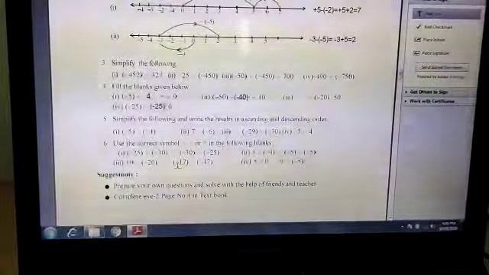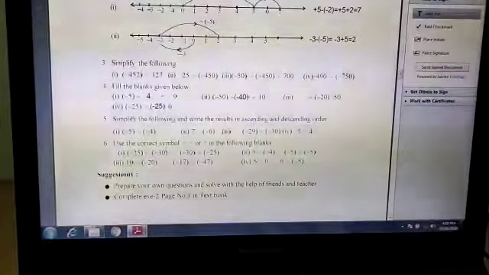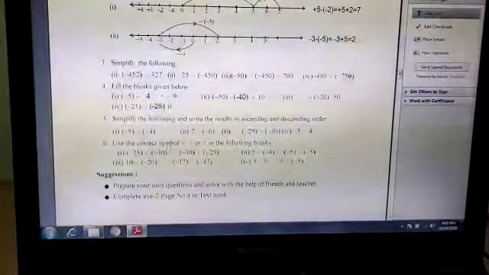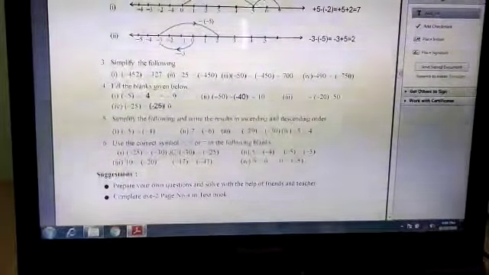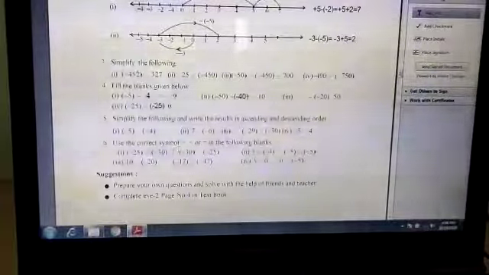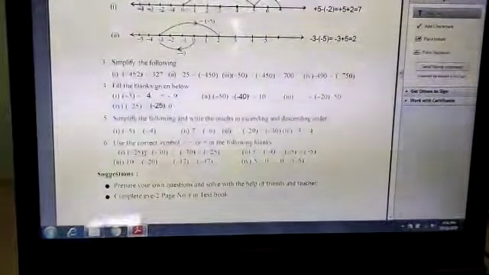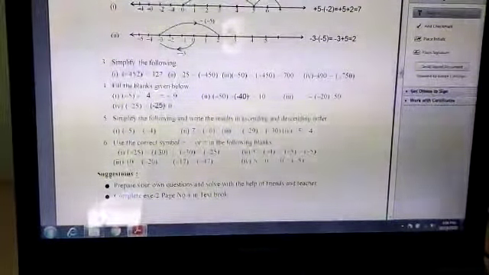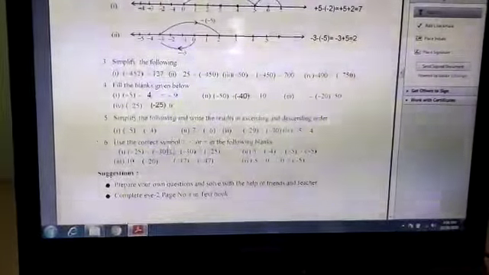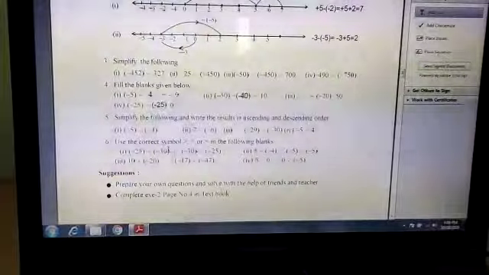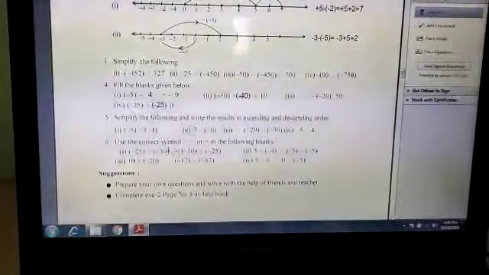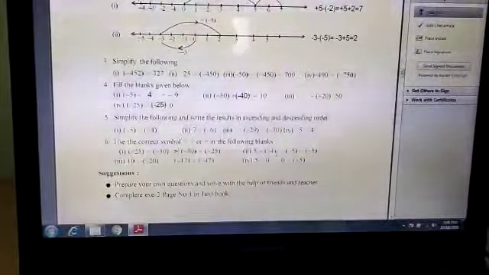Okay, and which one is greater, which one is lesser, for this you have to do the sums. So how will you do this one? I'll do the sum for you. See, this is plus 5, and this is minus 5. So which one will be greater? Yes, this one will be greater. So this is the symbol you get.